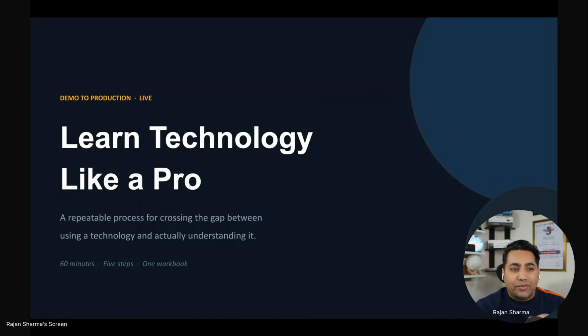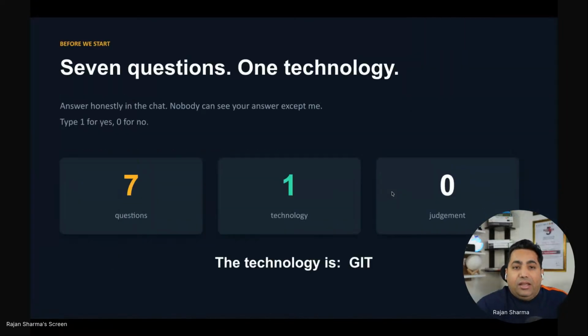Or if you are an introvert and you think you should not be exposing your skill set outside your comfort zone, then you can start counting on your fingers: for the number of answers you know, raise your finger and count those. Okay, so let's give it a try. There will be a total of 7 questions I'm going to ask, and all 7 discuss one specific technology.